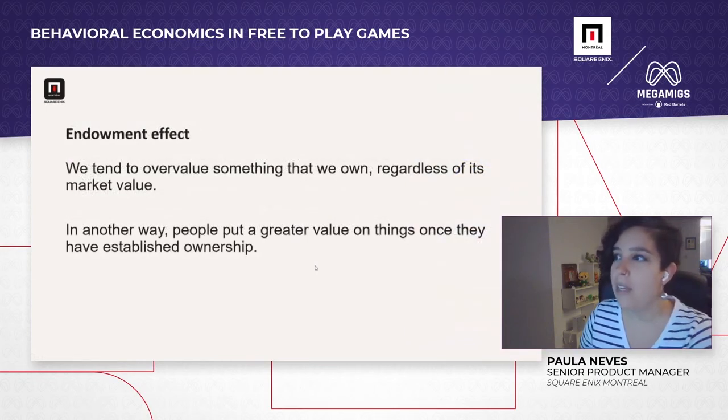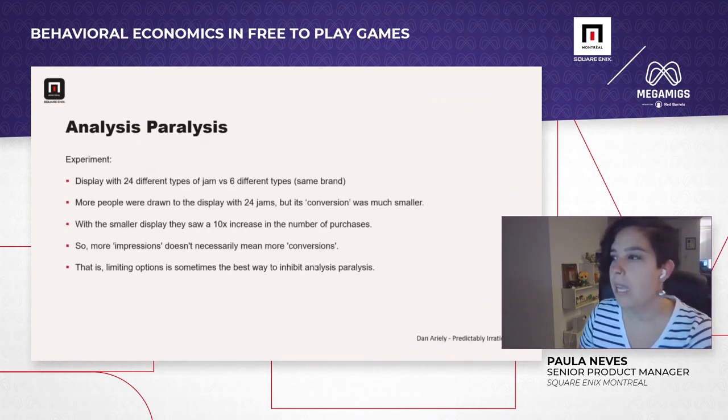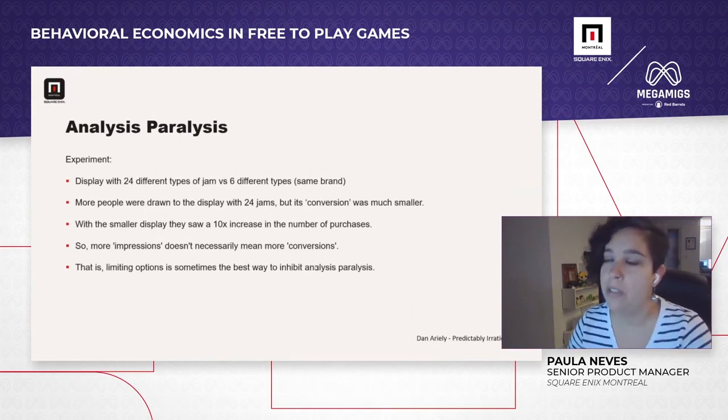So we tend to overvalue something that we own regardless of the market value. In another way, people put a greater value on things once they have established ownership. And analysis paralysis is also something that's very important when you're building your store in your free-to-play game. This is another